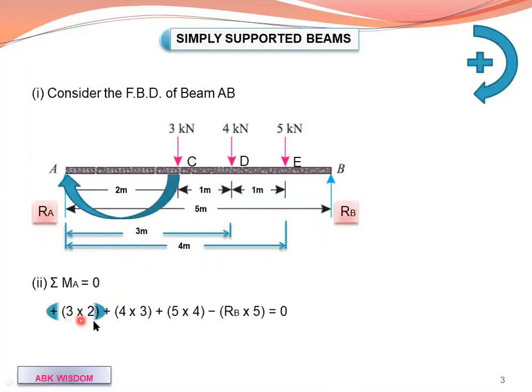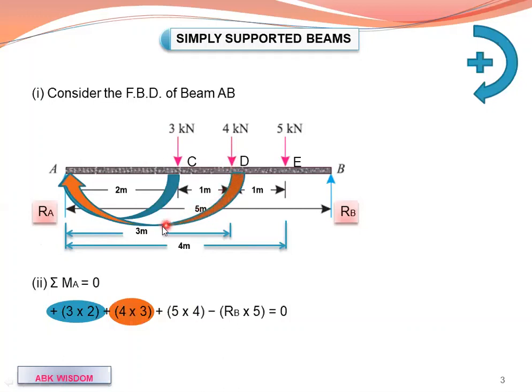So in this case, we have this 3 kilonewton force which is taken towards point A. So the moment direction is clockwise, hence plus sign, and the magnitude of the force is 3, and the distance between the point of application of force to the point where we are taking the moment, that is 2 meters. Okay, the point of application of force is at C, and the point at which we are taking the moment is at A. Hence, the moment produced by this load 3 kilonewton is 3 into 2, which is positive. Similarly,